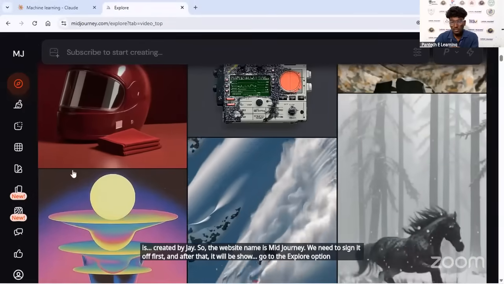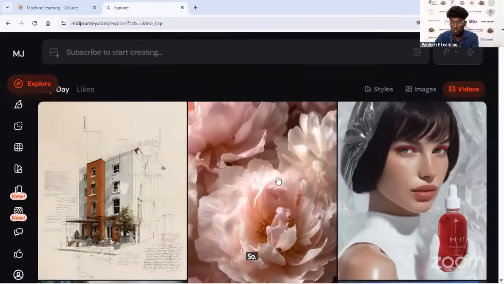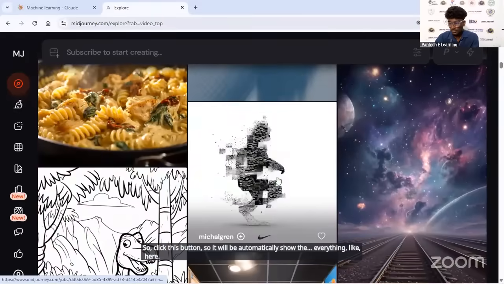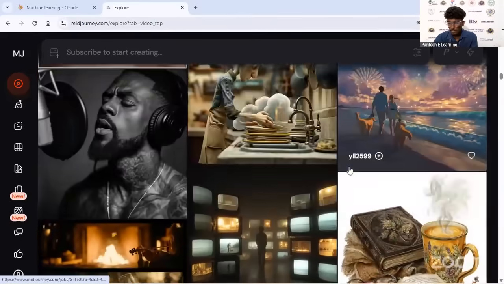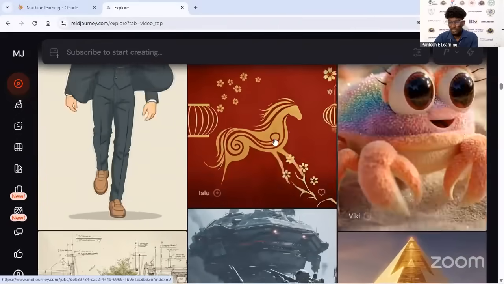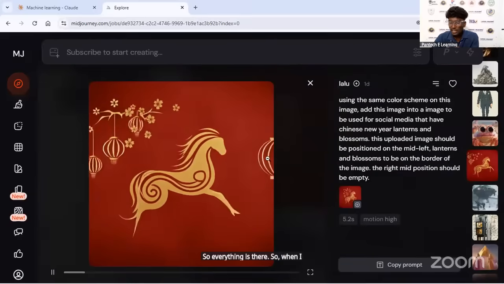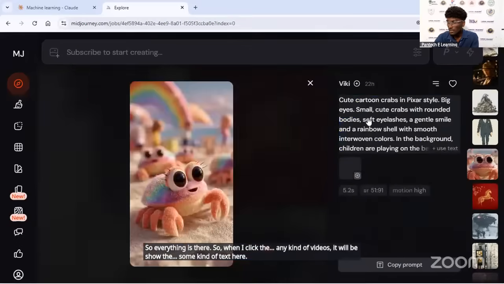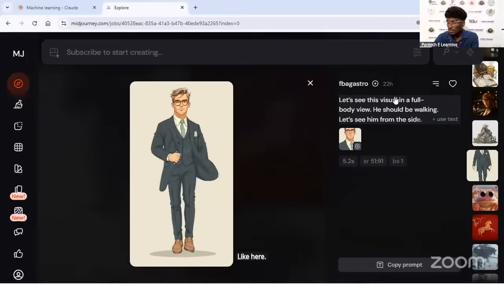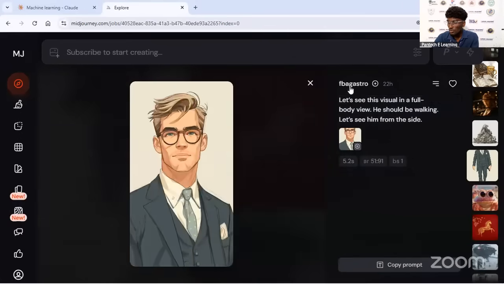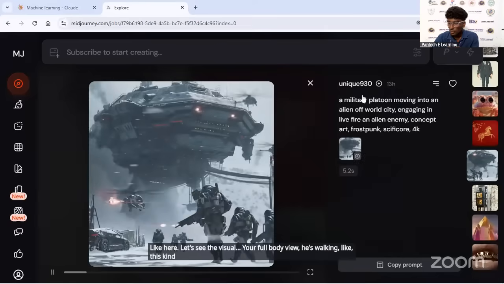So click this button, and it will automatically show everything like here. When I click on any kind of video, it will show some kind of text here. Let's see, the visual, yeah, full body view. He's working like this kind of stuff.